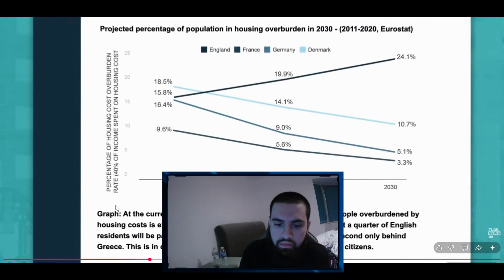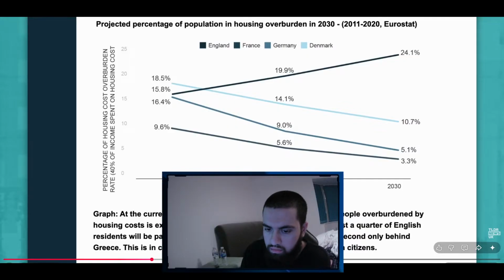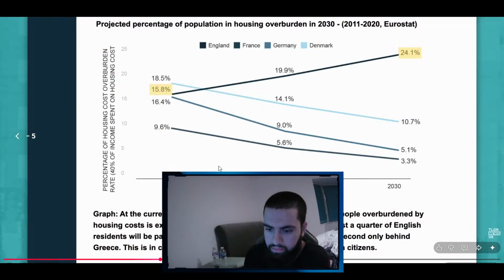overburdened by housing costs in Europe, which they define as anyone who pays more than 40% of their income on housing. Back in 2011, 15.8% of the population were overburdened by housing, and by 2020, this had risen to 19.9%. However, despite the significant uptick in the number of renters in the last few decades, and the economic consequences that